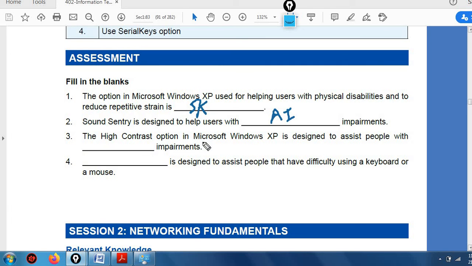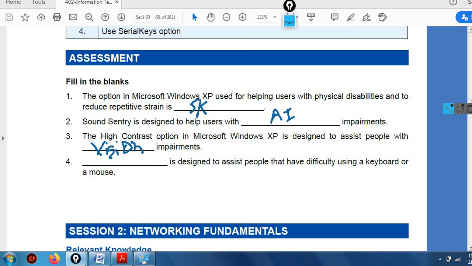The high contrast option in Microsoft Windows XP is designed to assist people with dash impairment, vision impairment, those who are unable to see properly, those who have problems like color blindness, they can use this option. Under this vision impairment, we have the high contrast option, right?